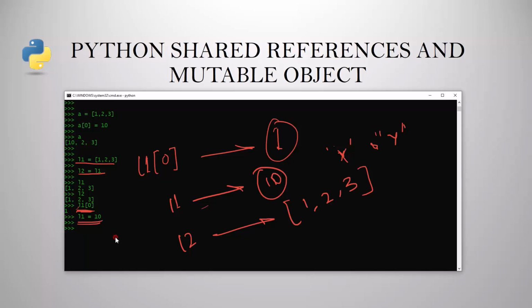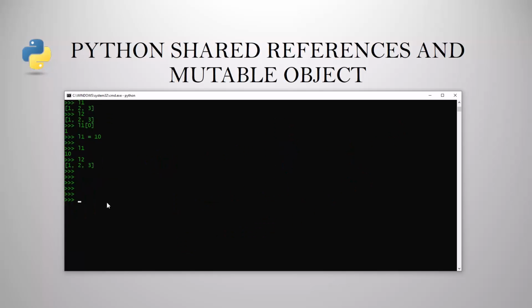If we now print L1, it will print 10, and if we print L2, it will still print 1, 2, 3. So if we change this statement to L1 equal to 1, 2, 3, and now again L2 equal to L1.